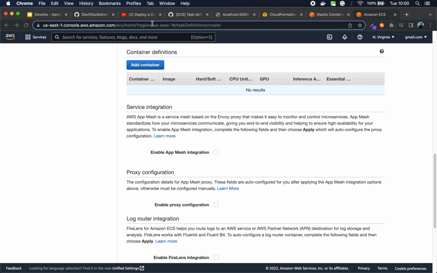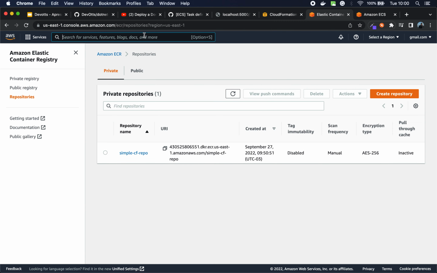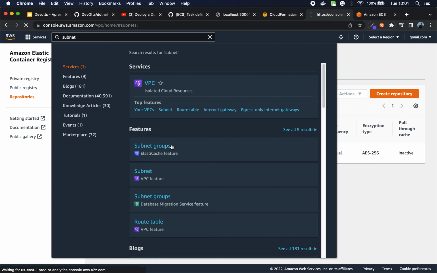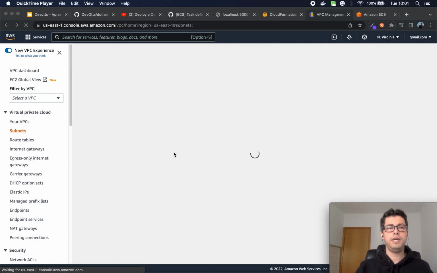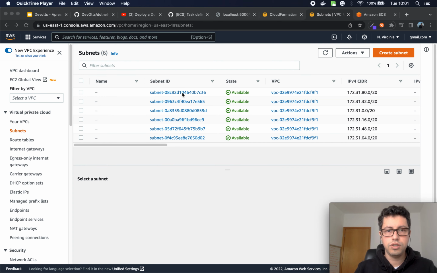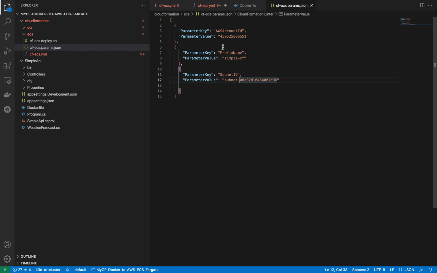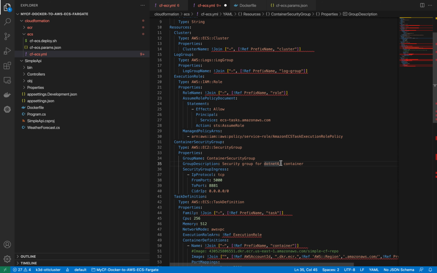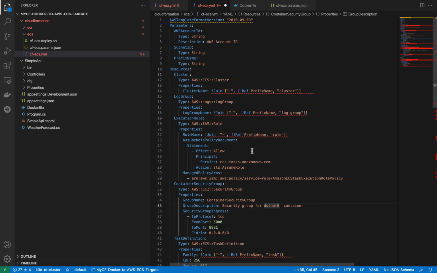I just went here, let me show you. I went to subnet, the web subnet, and I just found what would be the subnet that I want to use, and I mapped it here, and my AWS account, of course. So the subnet and the container security group that we already created here. Okay, so this is everything that we have to do manually in AWS, and now we can just run this